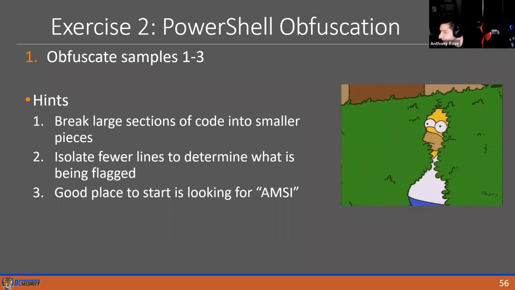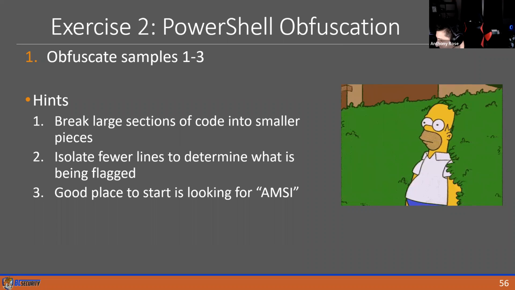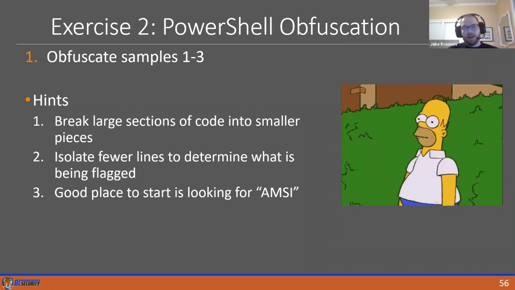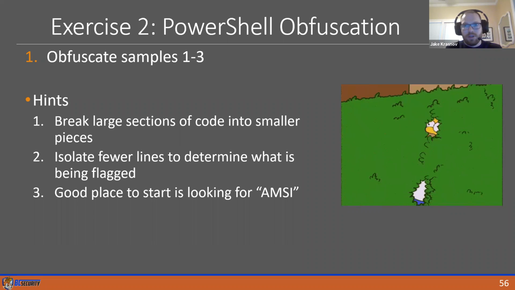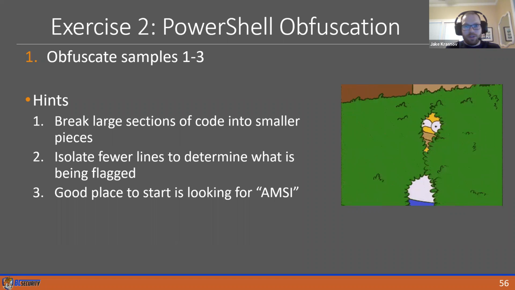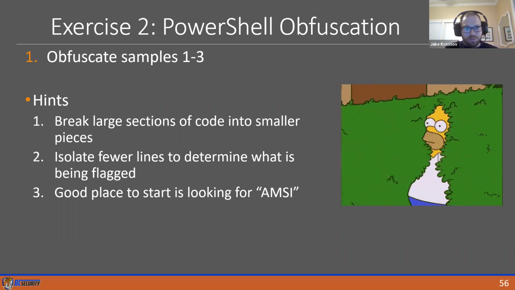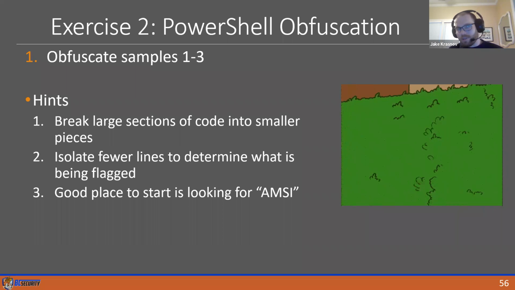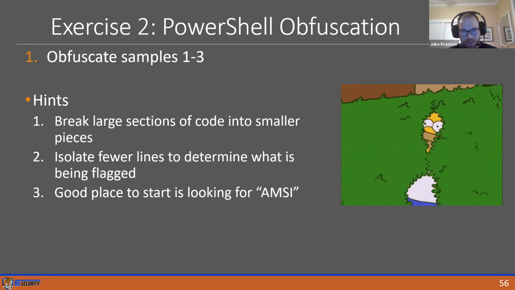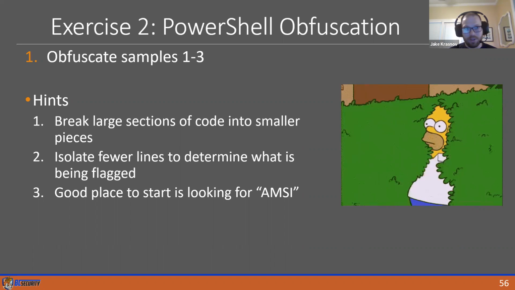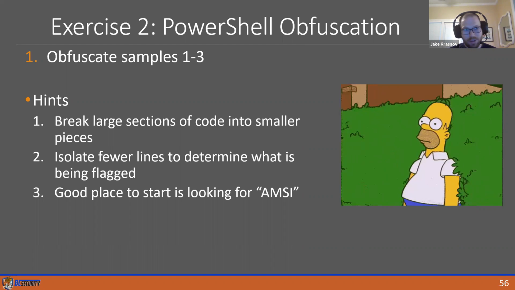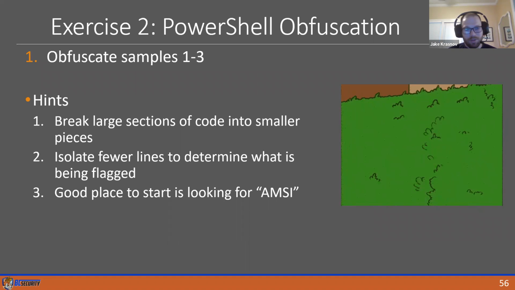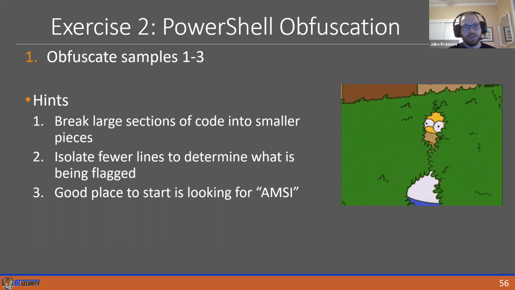We got a follow-up question. Is AMSI the main thing preventing malicious scripts from running? In a modern Windows environment, yes. If you're doing something super sketchy, like PowerShell trying to touch LSASS, then Defender does have some dynamic behavior detections built in nowadays that may have whacked you. Defender also does some